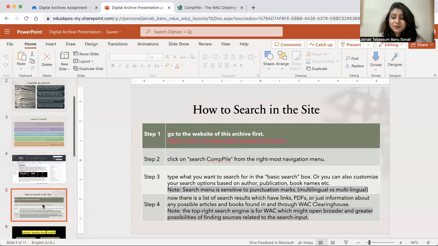But you have to be very careful about the punctuation marks, because when I wrote multilingual, I found more than 800 citations. And when I wrote multi-lingual, I found only 5 citations. So it really varies. Step number 4 is after you type the word, then you have a series of search results